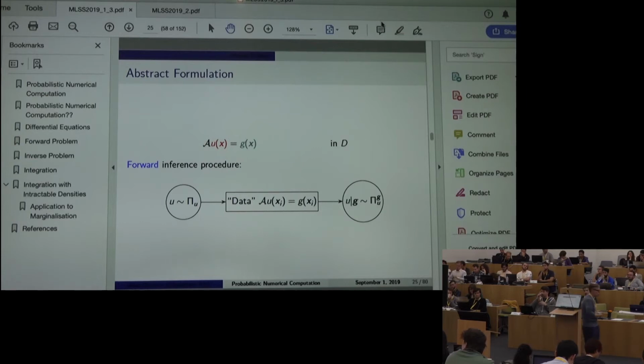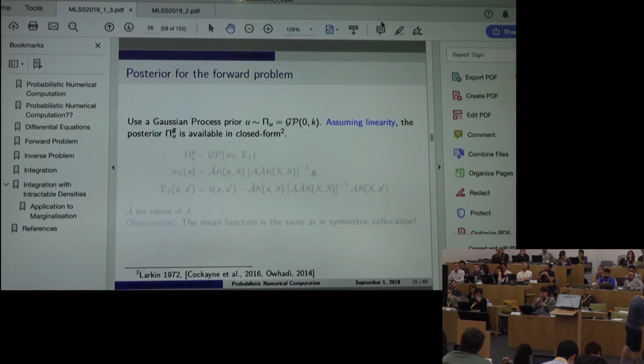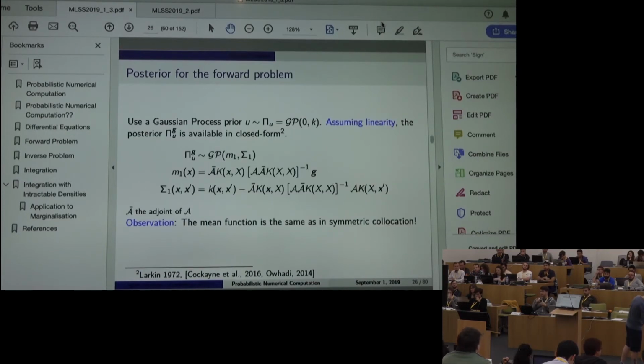And then we just used Bayes' theorem to condition the prior measure on the observed values of g, and therefore we induced a posterior measure for the function given all of the evaluations of g, and that is our posterior. And you'll recognize these equations from this morning's lecture,